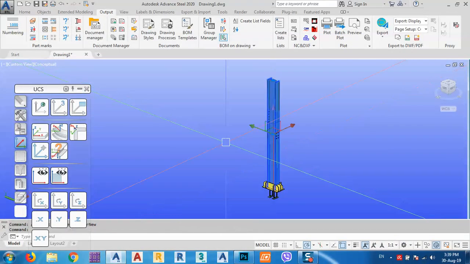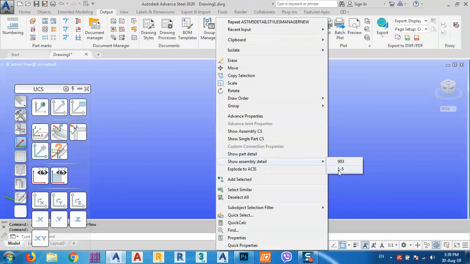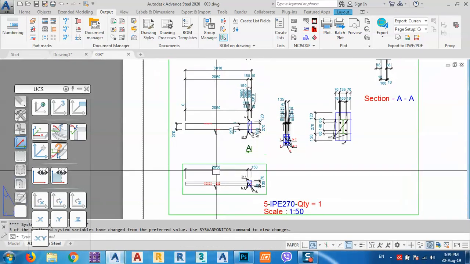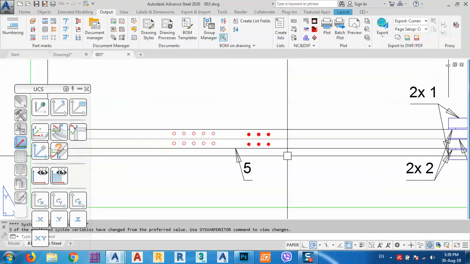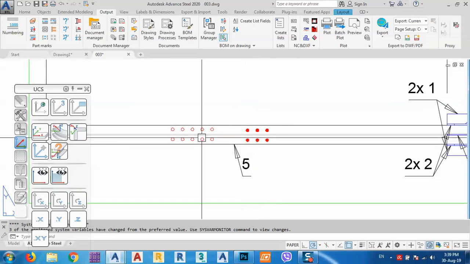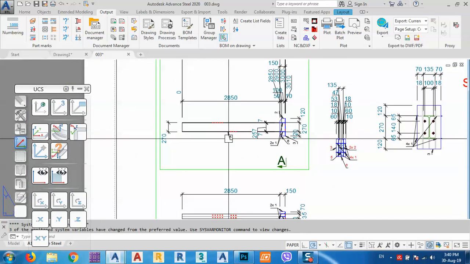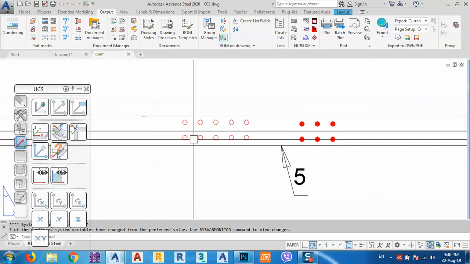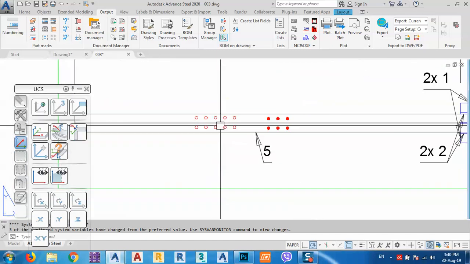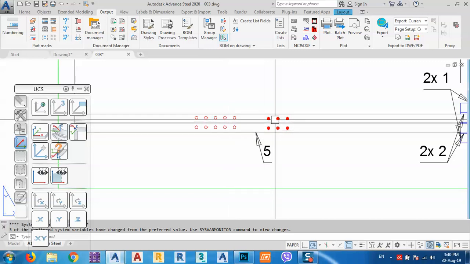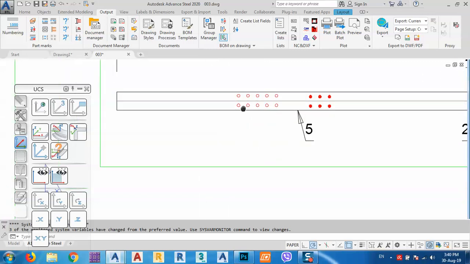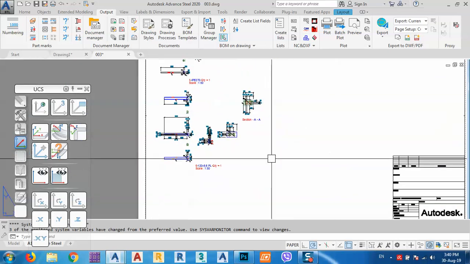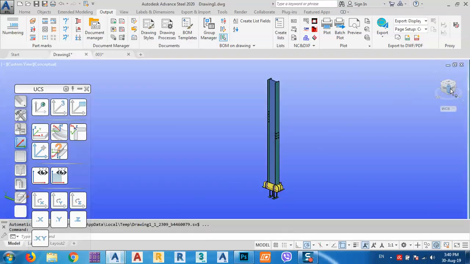Okay, and after that simply drawing this one. As you see here, this is the top one, but this is the bottom one. Sometimes maybe we consider that both of the holes are in one side, but in fact it's not in one side. This one is on one side, and these are on another side, as is clear in a 3D view. Where's the 3D view? We don't have a 3D view because we didn't change this one to